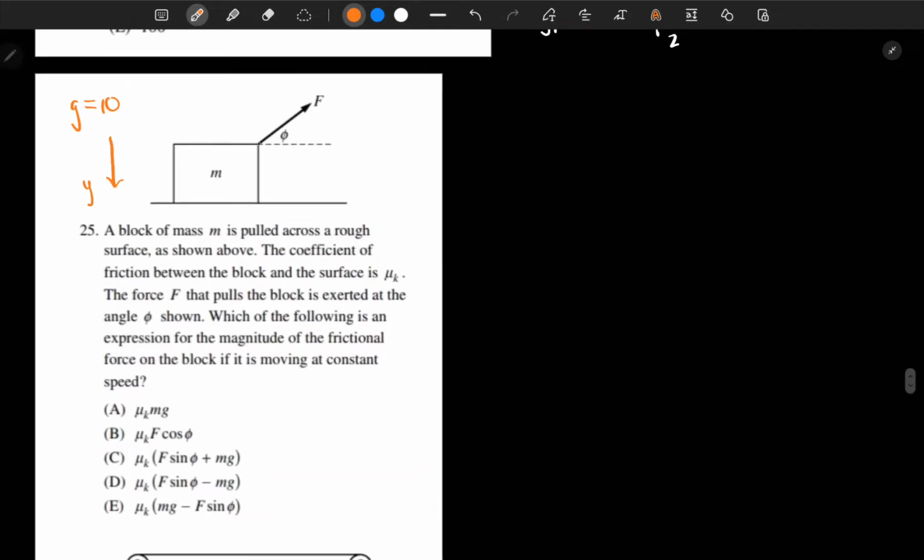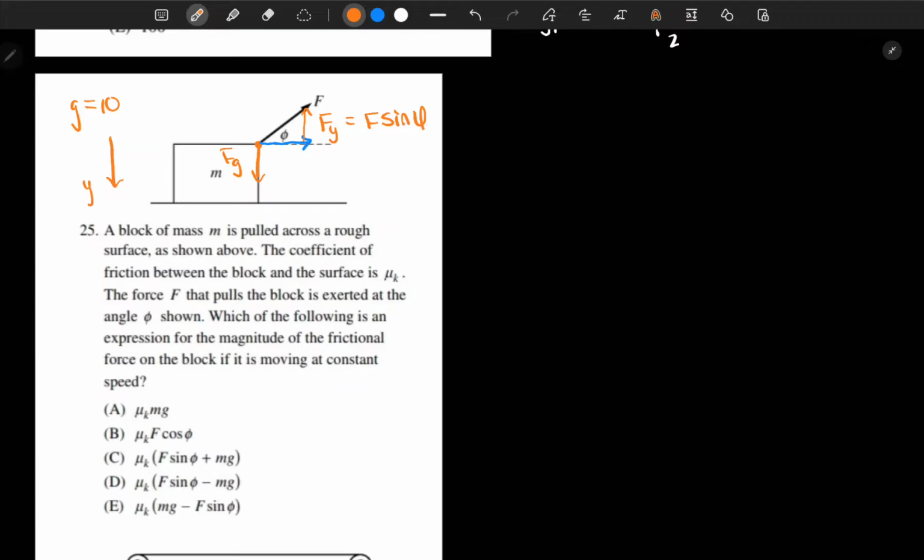Then, at this point on the block, we have down is the gravitational force. And this vector F can be decomposed into a horizontal force and a vertical force. This vertical force Fy is equal to F times the sine of phi,